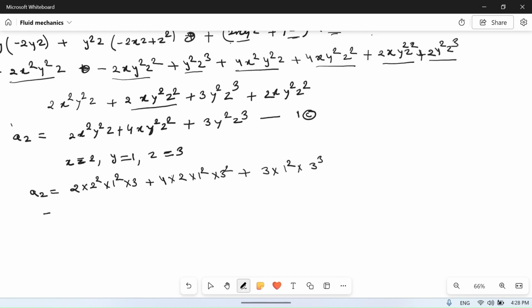So it will become 8 into 3, 24, plus 4 into 2 into 9, 72, plus 81. Okay, so if you add all,